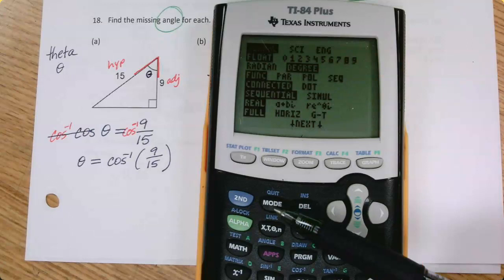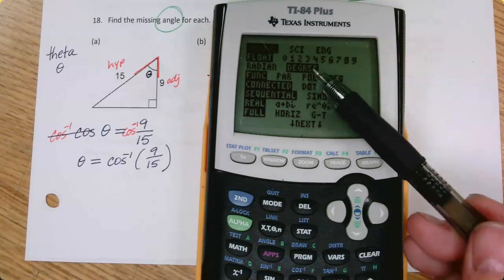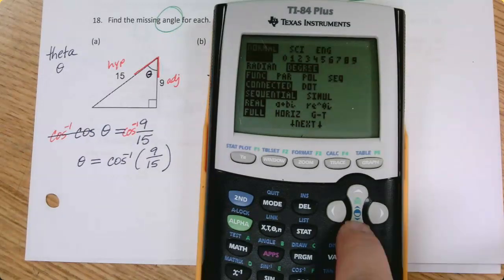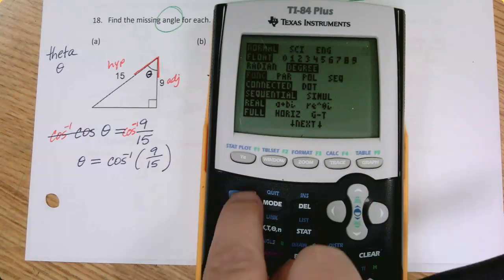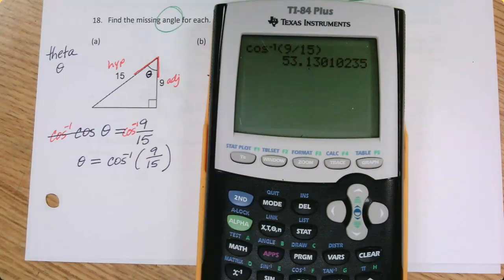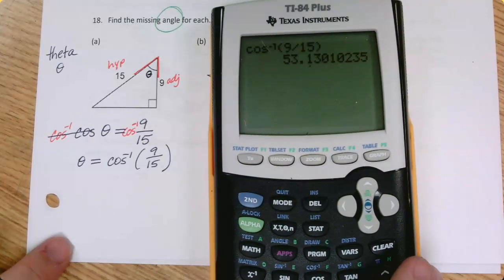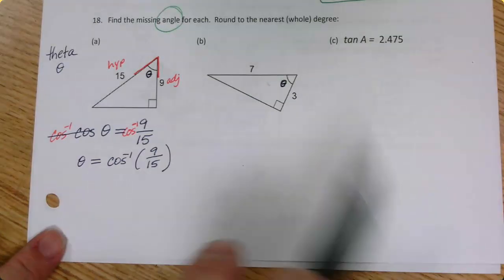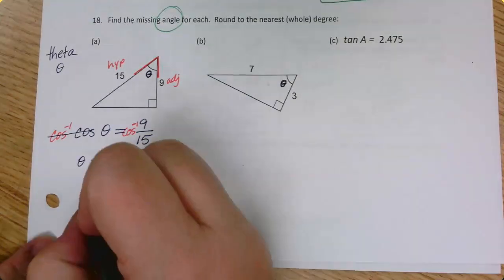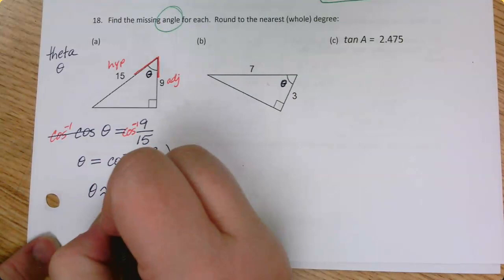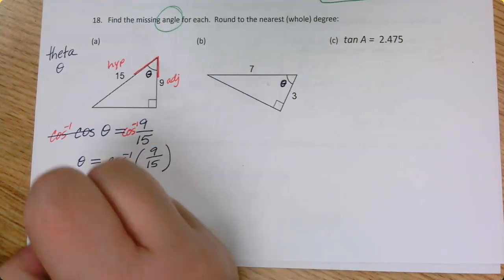I pressed mode, and then I checked. If this was not in degrees, I would arrow down and change it from radians to degrees. This one's in degrees, we're good. So it turns out that the angle that gives you a cosine of 9/15 is 53 degrees. A lot of times for these, you round to the nearest whole degree. So my angle is about 53 degrees. Next up,